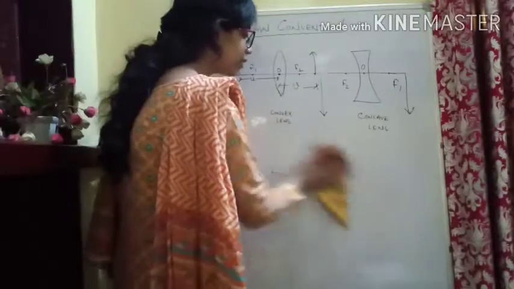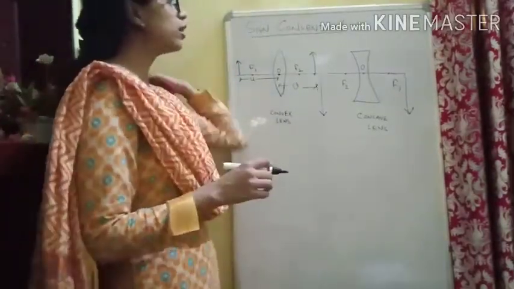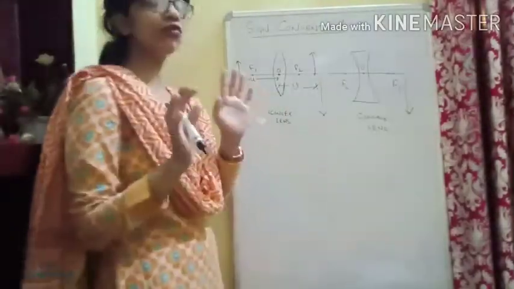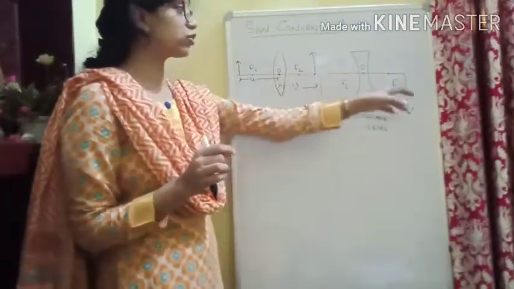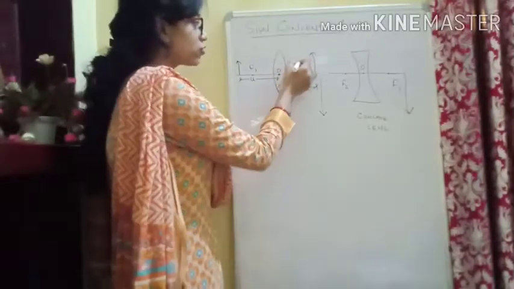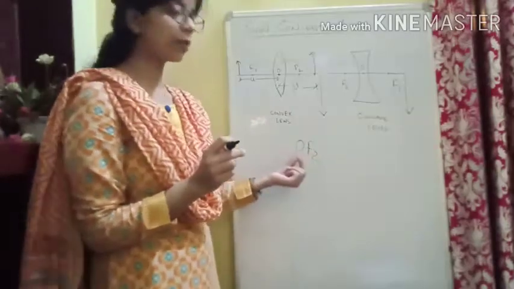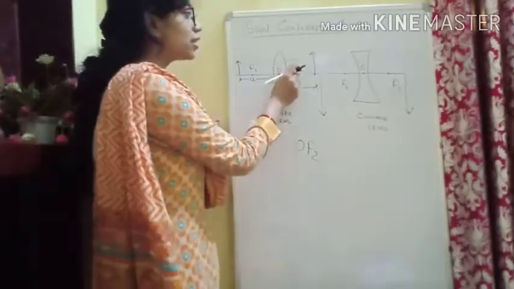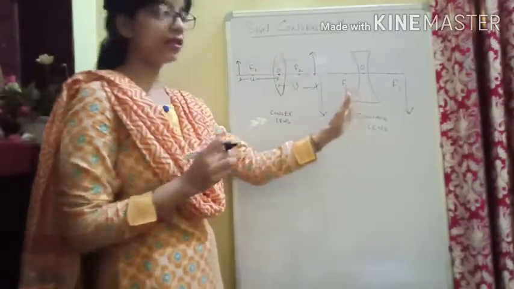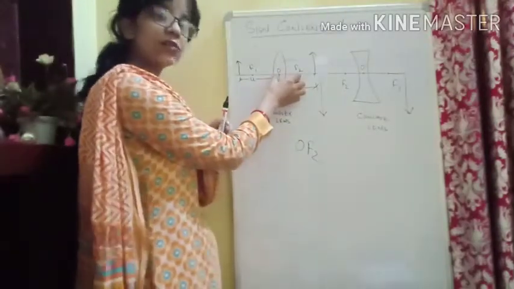Now the second thing is when we are talking about the focal length. In convex lens or concave lens, we have two foci, f1, f2, here also f1, f2. When we talk about the focal length, we are considering actually this distance O, f2, the distance of the second focus from the optical center. If you see in this case of convex lens, this second focus is on the right hand side from the optical center, which means that this distance will be taken as positive.